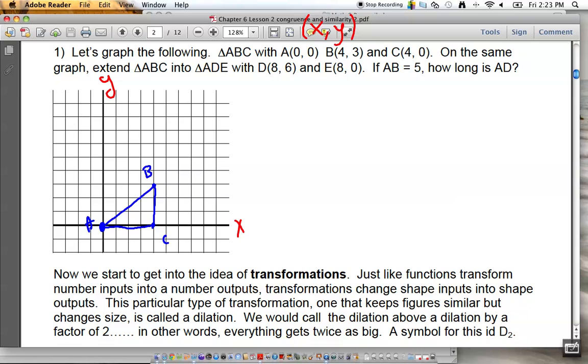Okay. Now, the next thing it says to do is extend triangle ABC into triangle ADE, where D becomes 4, 8, 6. So I extend it until I hit 8, 6. And then this way, I'm going to extend it until I hit 8, 0. Now, the little blue triangle grows into the big red triangle. Now, this is an example of